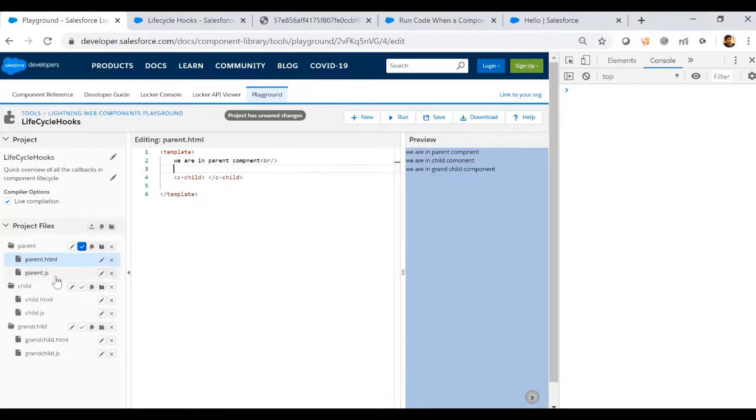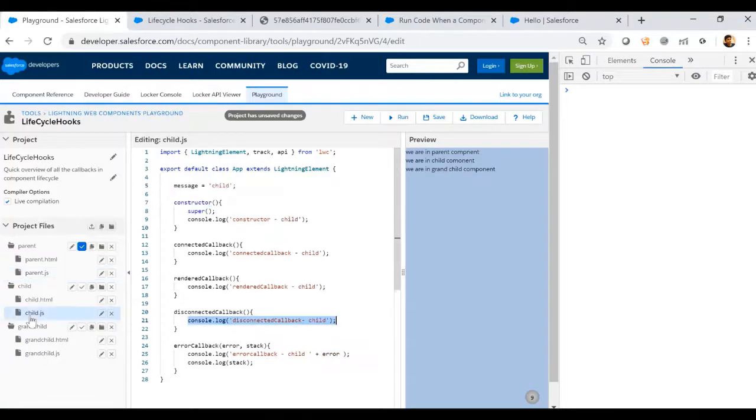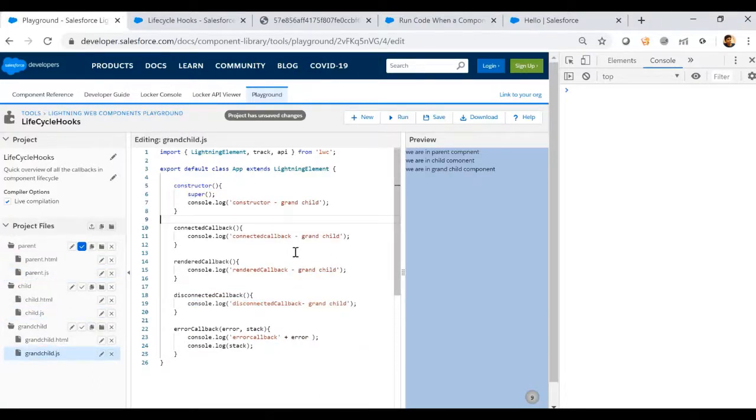I have also placed all the lifecycle hook methods in all the JS files, with a console.log statement, just to understand how they will be called. It is placed in every component, appended with the component name. So let's get into the callback methods.